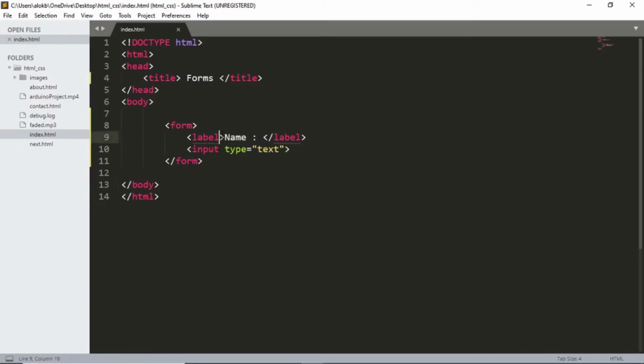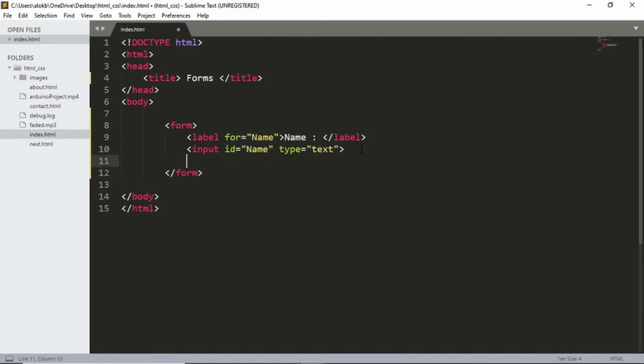However, the label is not associated with the input field yet. So to achieve that, we can give our label an attribute for. And inside this for attribute, we can type anything. And now to associate this label with an input field, we have to give our input field an ID. And the value for ID would be the same as what we write in our for. Now if I refresh my browser and click on the label, my browser will automatically move my cursor to the